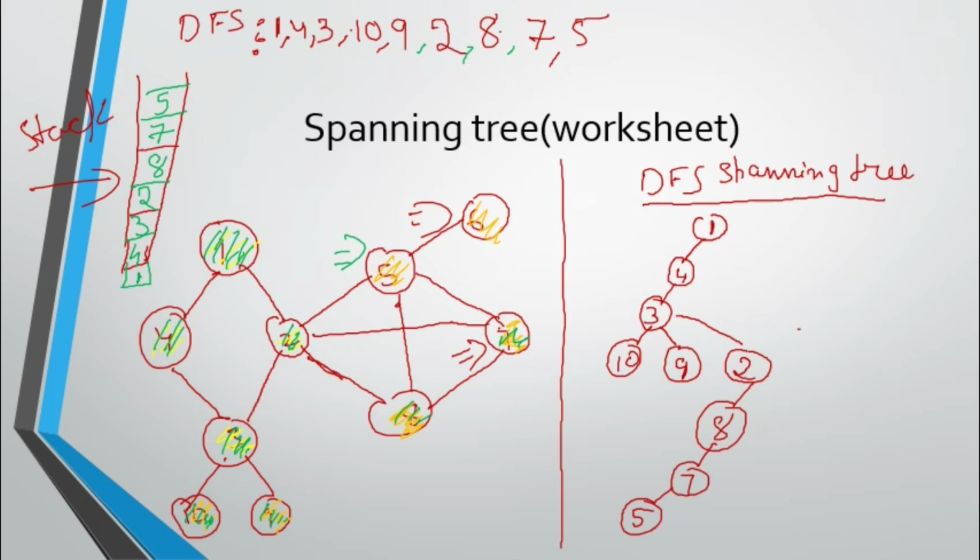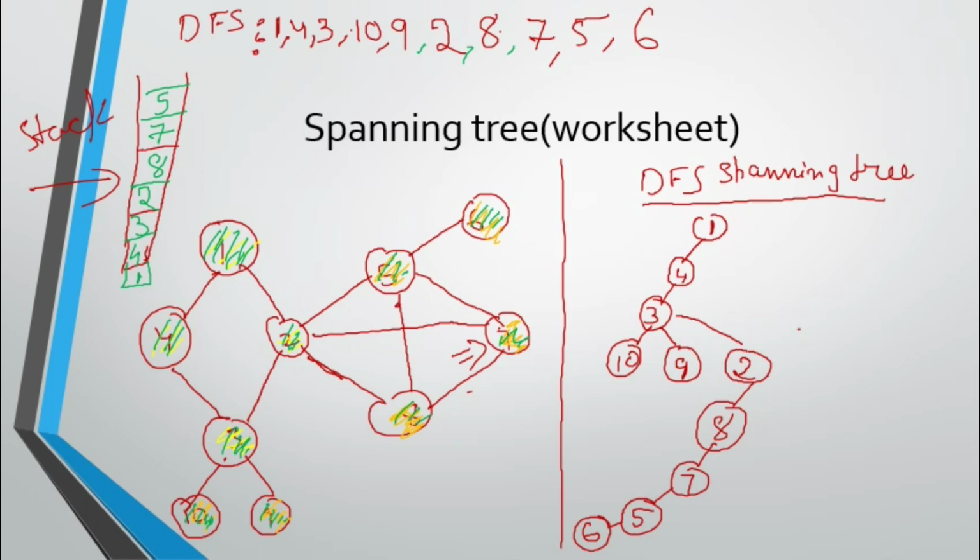Yes, so from 5 where can you go, all are visited. From 5 you have to go to 6. That's why it is visited, so go to 6. Now 6 is also visited, so I put it into the stack. Now I'll put it into your output list, and also put it into the tree. Okay, yes, so that's the way. Now from 6 can you go anywhere? You cannot go anywhere.